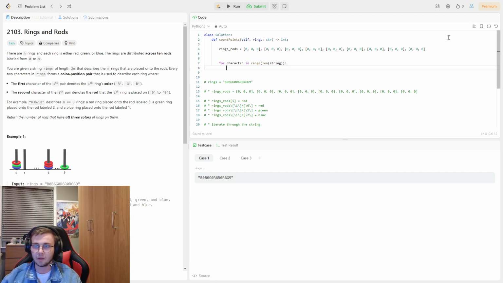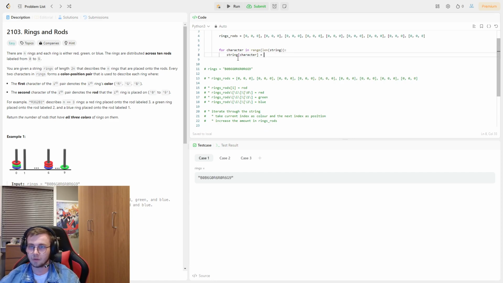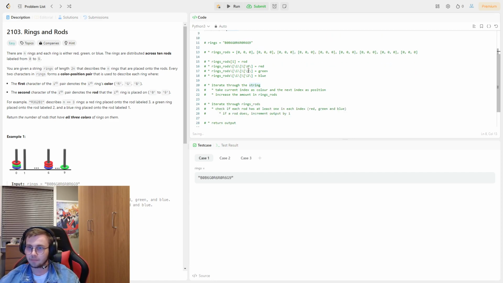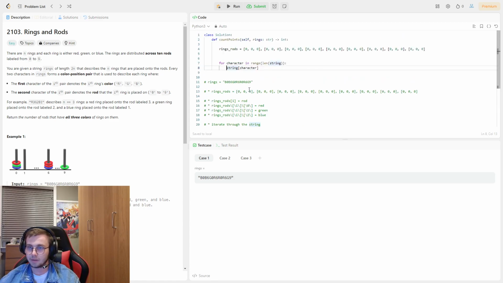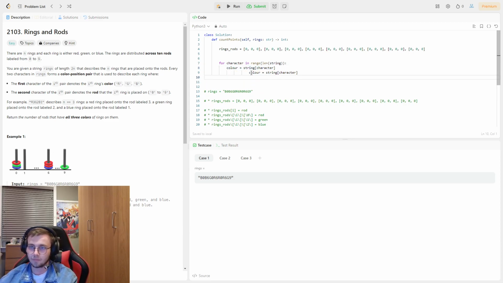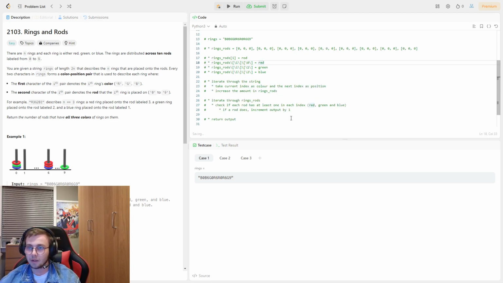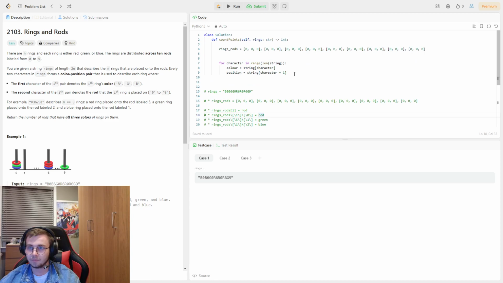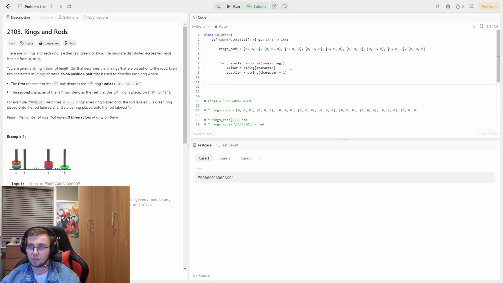then we can do string character, or what we're going to do, we're going to say the current index is the color, so color is equal to this, and the position is going to be equal to character plus 1 because it's the next index. Okay. Then what we're going to do is